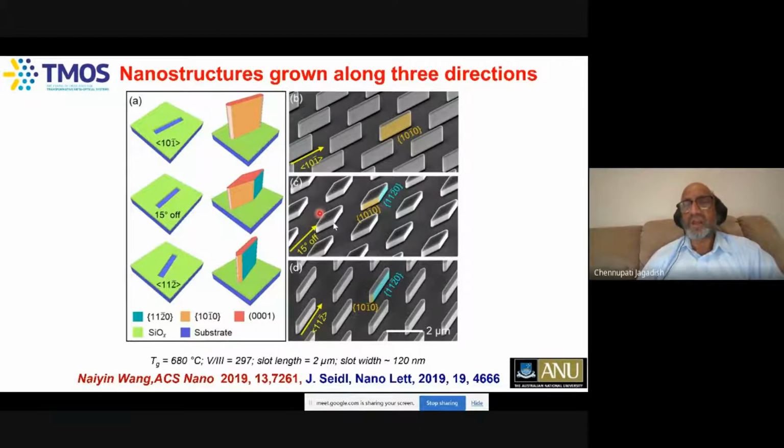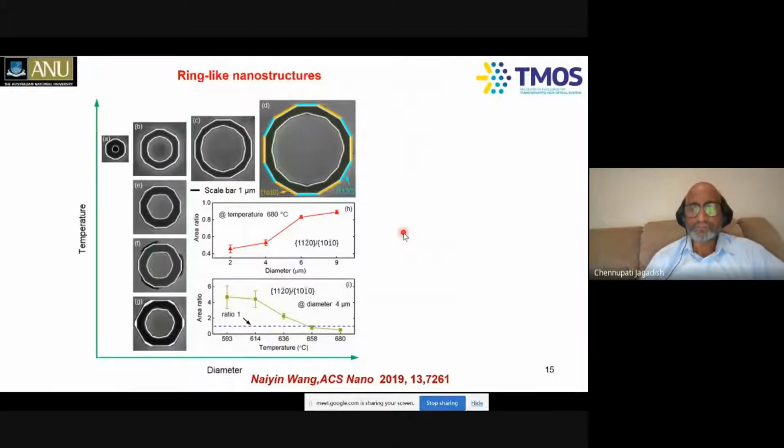orientations, then what will happen is that you end up getting these diamond-like structures with these alternating facets, which I have shown you earlier, 1, 0, 1 bar 0, and 1 bar 2 bar 0 or so. Now you can see, instead of just making nanowires, we can make thin nanomembranes and thick nanomembranes and nano diamonds. Depending on the application, you can make use of these things, for example, nanomembrane lasers, MEMS applications, and a range of applications, for example. So what will happen if you open a ring?